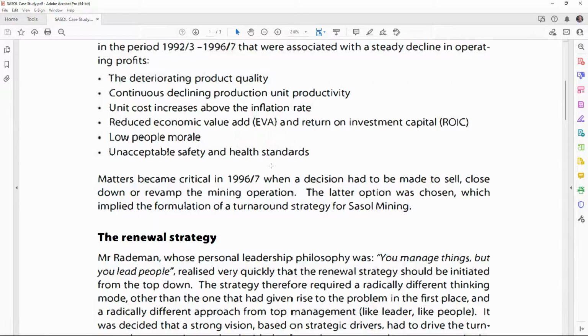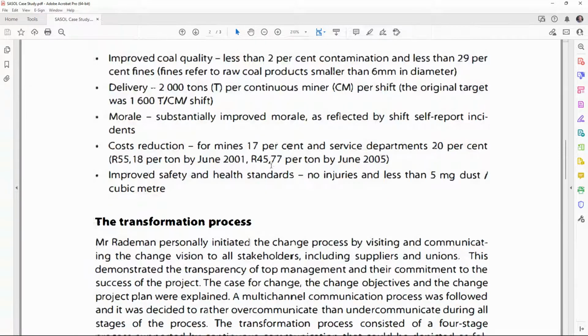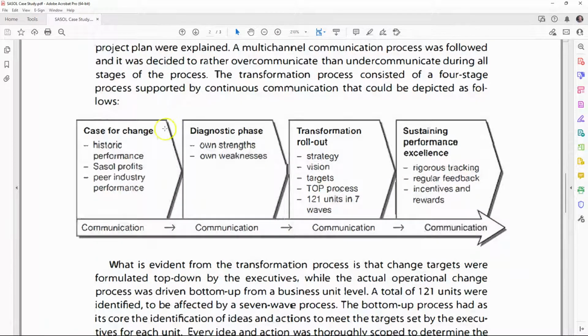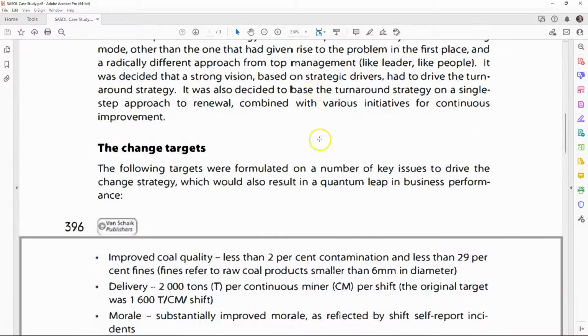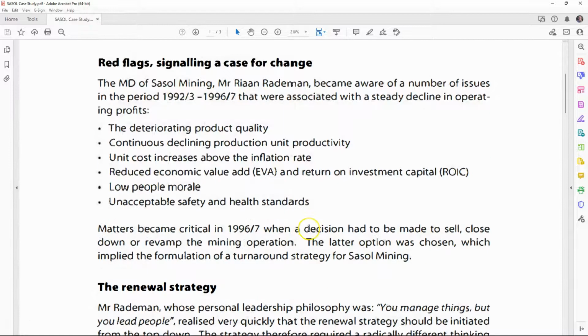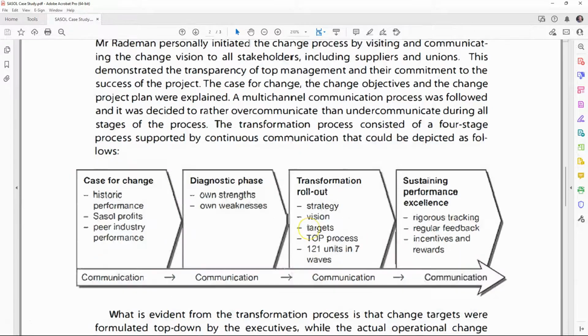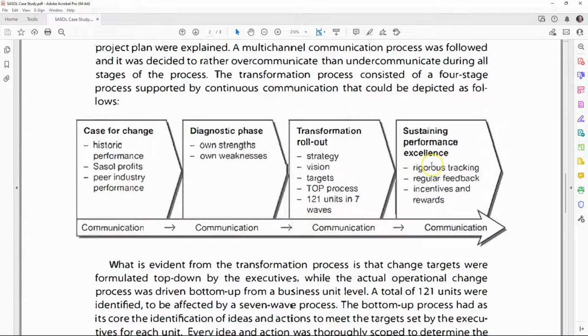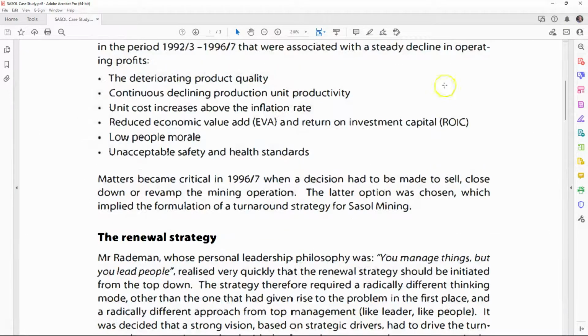And then one of your focal points will also be the change model that the MD, Mr. Rian Rademan, drove in this project. His change process is outlined over here, and then all the text around that explains what he did, and you should be able to pick up from all of that